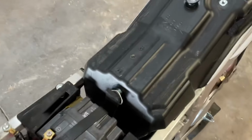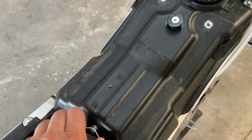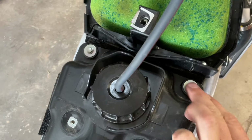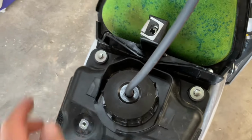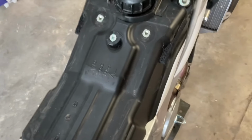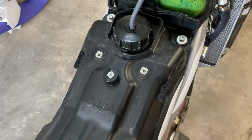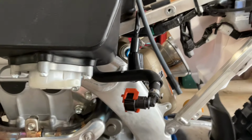On the fuel tank, we've got to get that off next. We've got a rubber tab here, got to pull up and get off. And we've got two bolts up here, one here and one here. And then there's a fuel line underneath and an electrical connector we have to take apart. Hey guys, to get this fuel tank off,